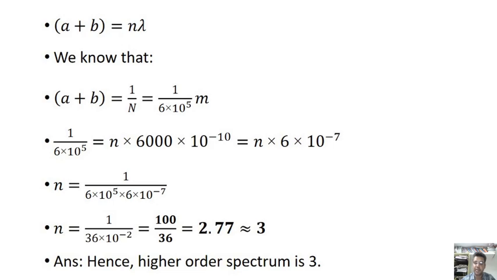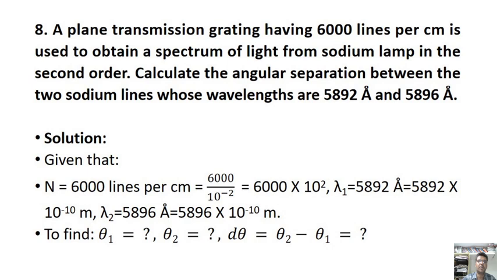So like that, here we can give the conclusion of this problem. Next problem, the eighth problem and also the last problem of this session. A plane transmission grating having 6000 lines per centimeter is used to obtain the spectrum of light from a sodium lamp. In the second order, calculate the angular separation between the two sodium lines whose wavelengths are 5892